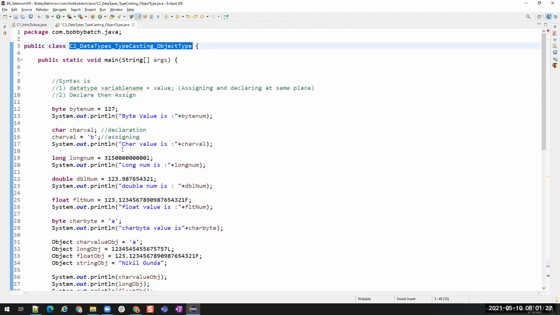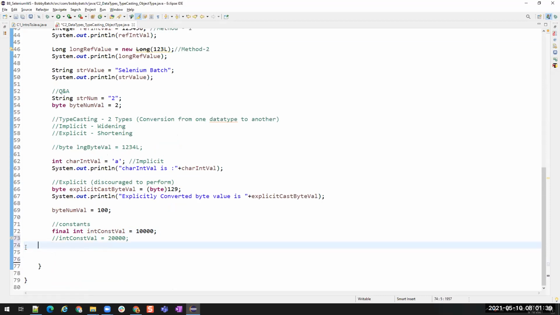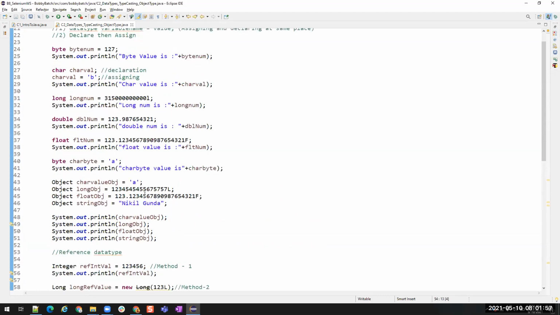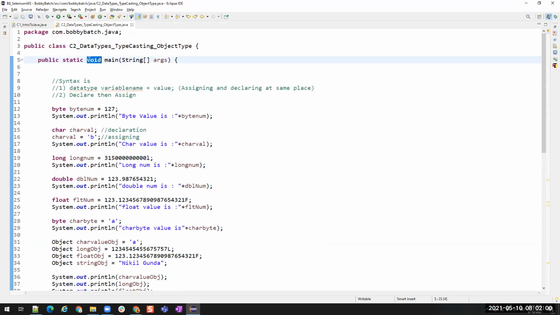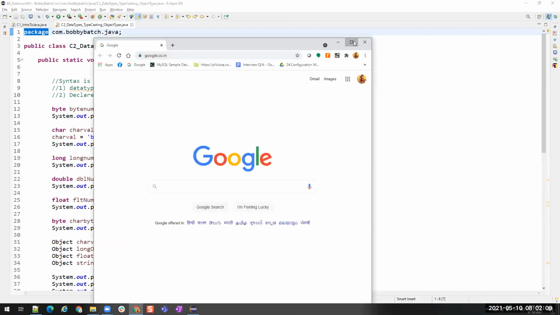Here also we cannot use keywords. So keywords cannot be used as variables or method names or class names. Keywords are keywords. By default, Java will be detecting them as keywords. So how do we understand whether they are keywords or not? You see this int, byte, final in color. These are all keywords. And here also you see public, static, void, class, package. These are all the keywords of Java. So let me show you what else are there in Java as keywords.